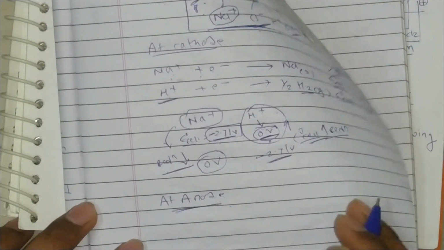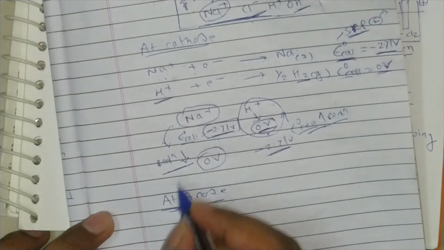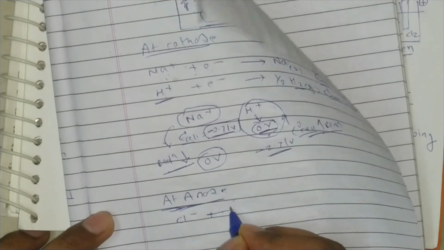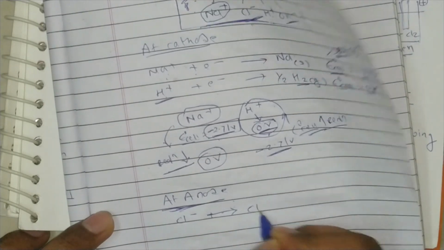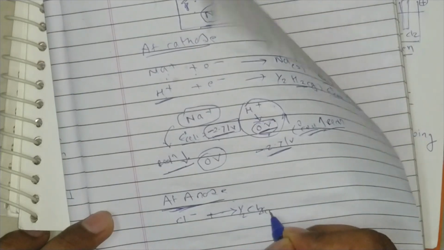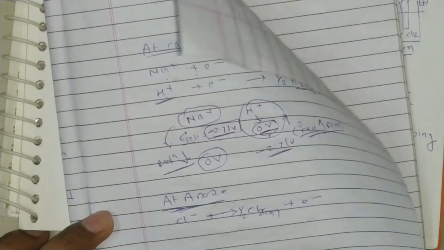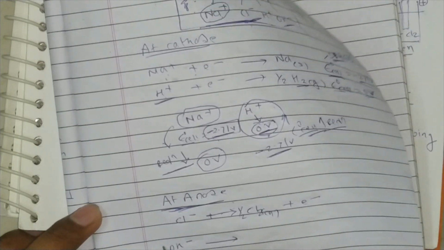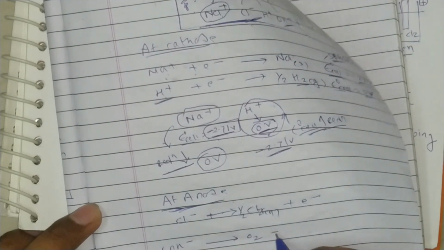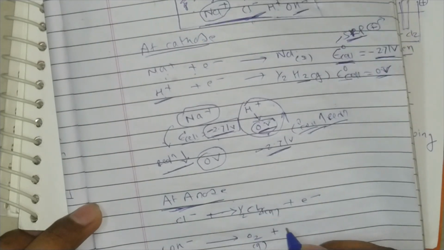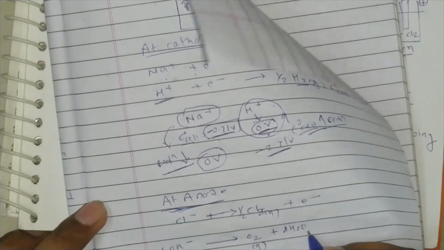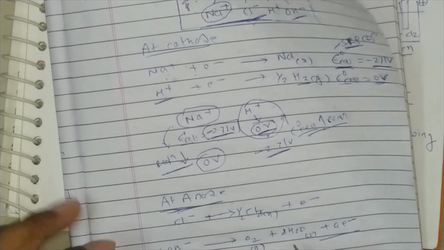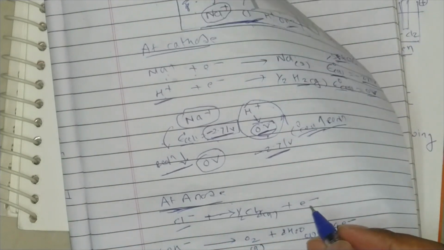So at the anode, chlorine is going to be oxidized. Cl minus gives half Cl2 gas plus 1 electron. So there is oxidation. Simultaneously we have the OH minus ion, which is going to be converted: 4OH minus gives O2, that is gas, plus 2H2O, water formation, which is liquid, plus a release of 4 electrons. So there is also oxidation.